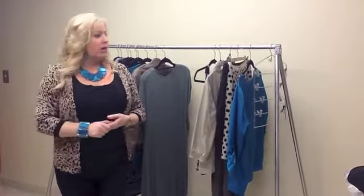or maybe a gift that someone gave you that you don't really wear, it doesn't quite fit you, but it has meaning to you. You want to either move it to one end of the closet or go ahead and move it to a secondary closet. If you have the space to move it to a secondary closet, that's what I would recommend. If not, go ahead and just move it to one end of the closet and keep all those items together. If it's something that can be folded up and put in a keepsake box, I would go ahead and